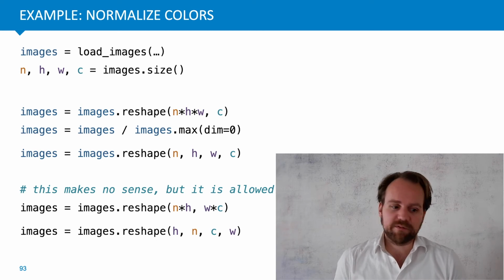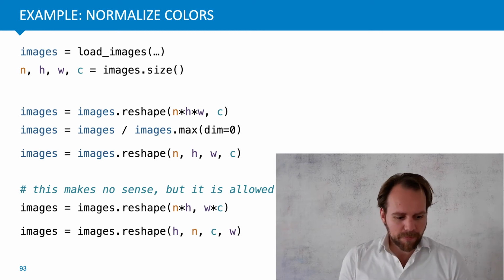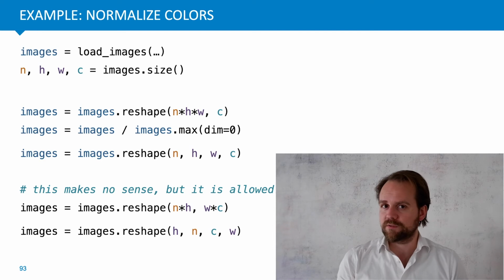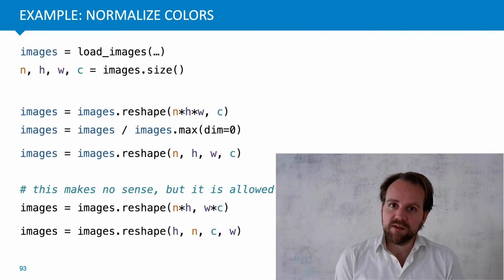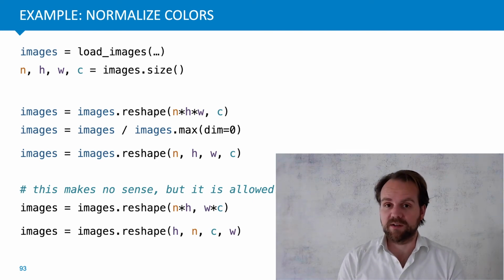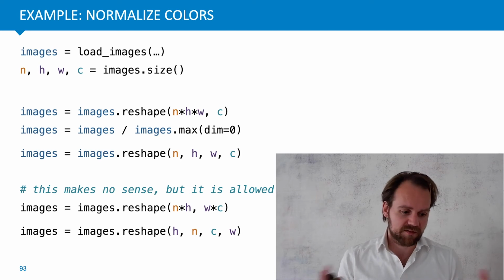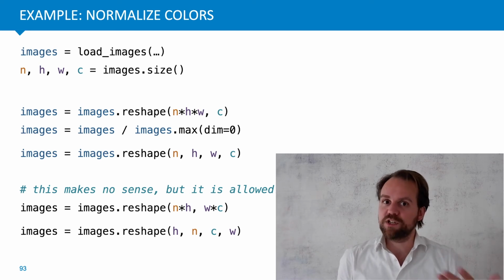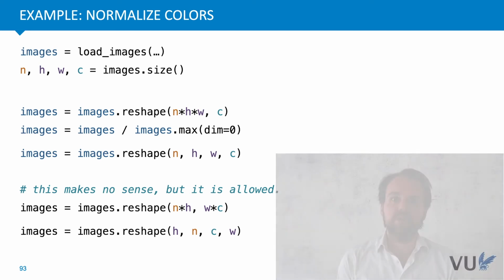But the results won't make very much sense, because in this new image tensor, the C dimension, for instance, has a size of 3, but what it contains is not necessarily the 3 colors of one particular pixel. Everything is shuffled together. So reshapes are very nice, but we have to be a little bit careful to use